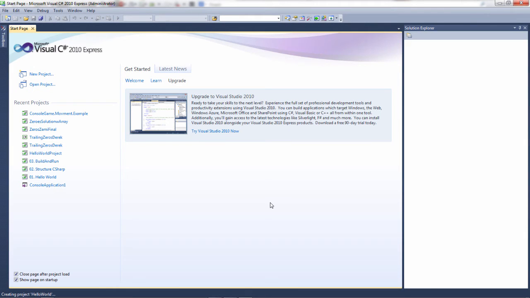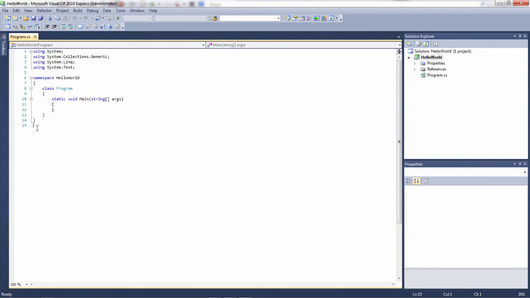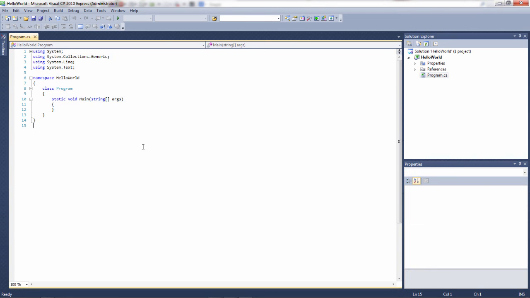And this will bring up our code screen. So you can see here we have our code all right in the middle here, ready to be written in. We have the Solution Explorer, which is kind of like layers in Photoshop. I'll get more into that later. And Properties, which tells you a bit more about what you've got selected and some options that you might be able to change. So that's it for now. In the next tutorial, I'm going to show you how to write a simple Hello World application, and we will